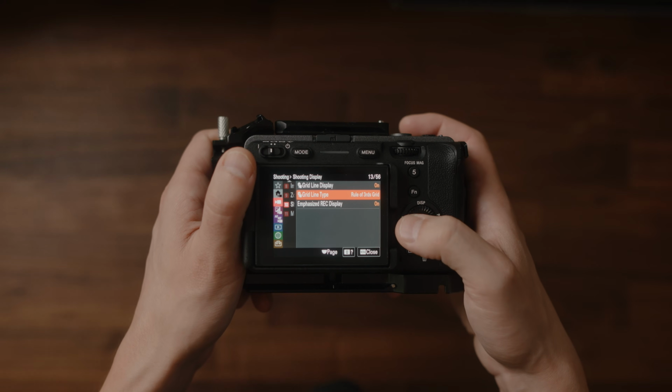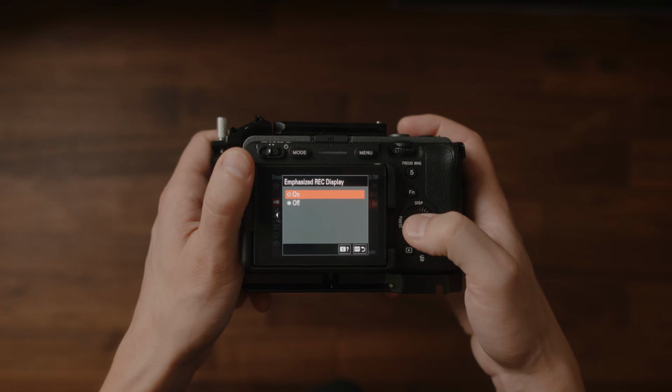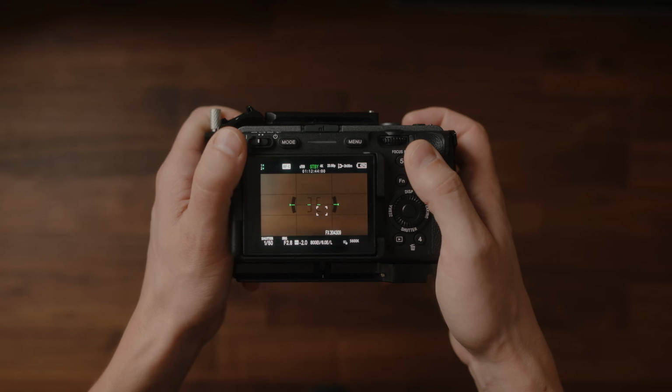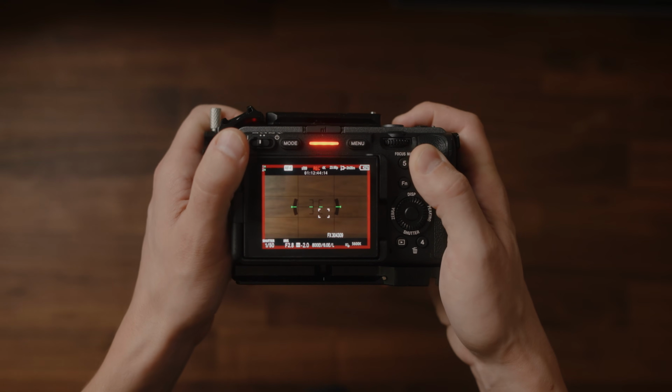This is where you can get super creative with your shot and create a well-composed frame. Next is another amazing feature, because Sony just has all the features that I love, is the emphasized record display. This gives you a large red border around your screen that eliminates the guesswork on whether or not you are